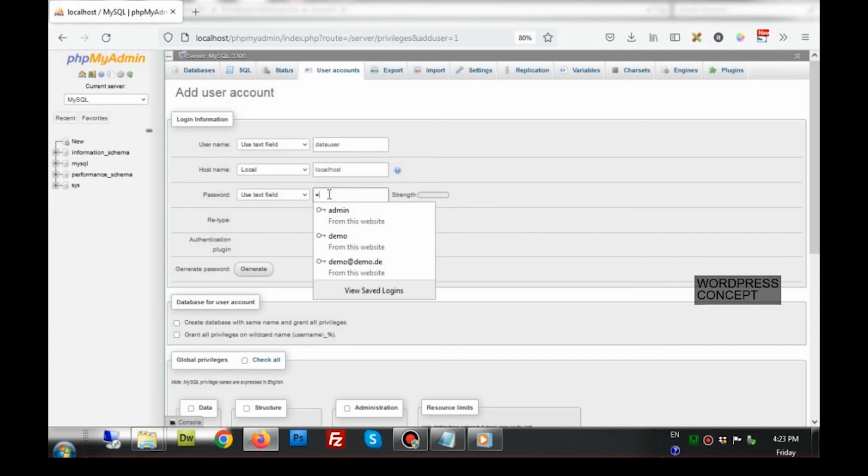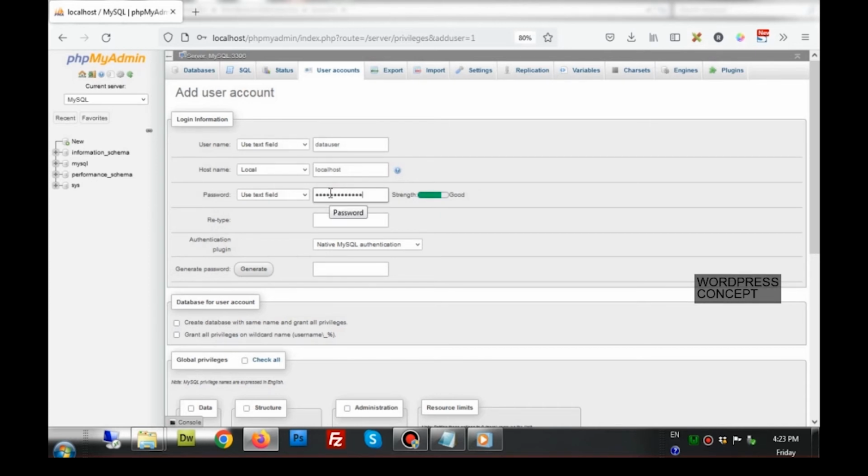So the password can be first data pass $sign. First data pass $sign. Okay.